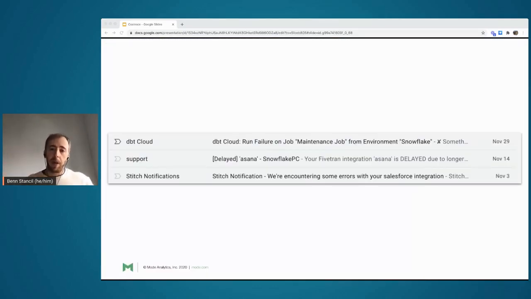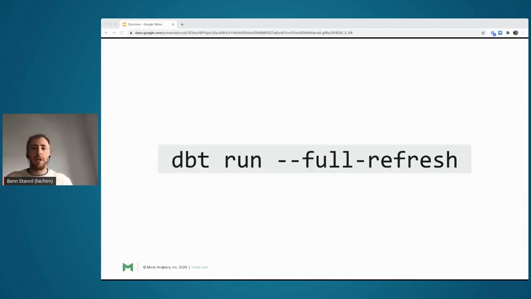We have observability from different tools. So we have observability from dbt and Stitch and Fivetran, as you see in these emails. And most of this stuff is reasonably self-correcting. So we can solve these problems. And if we solve them, then the ETL tools can reload the data from the source. dbt models can be set to run on full refreshes. BI tools can recompute data off of refreshed data. The system isn't that fragile in most cases. And so if it breaks, it does have downstream effects, but we can usually fix it without that much of a headache. So a complete coordination here would be great. But for the time being, the system has been built in a robust enough way that we probably solve